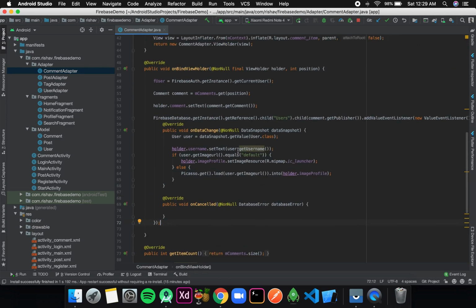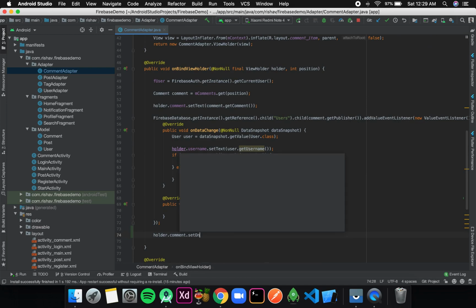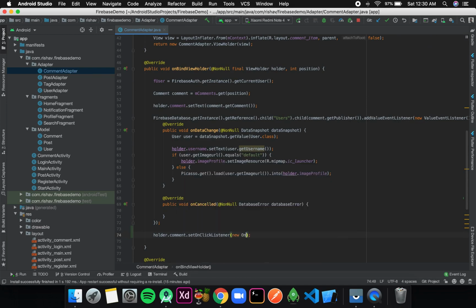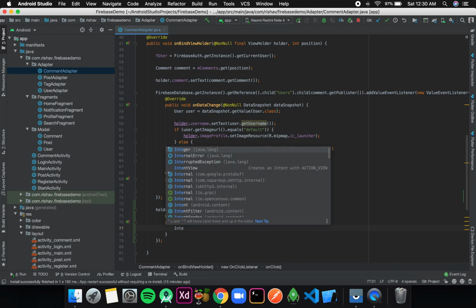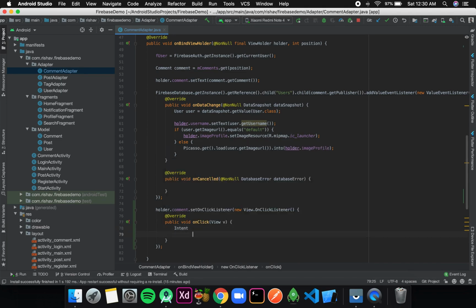In the bind view holder, I'll write holder.comment.setOnClickListener, new OnClickListener, and inside onClick I'll write Intent intent is equal to new Intent, from mContext to MainActivity.class.